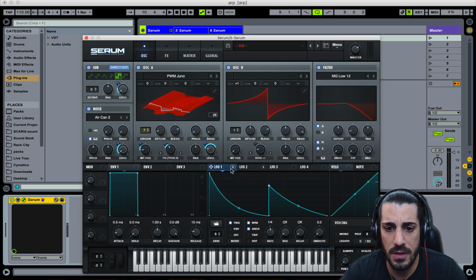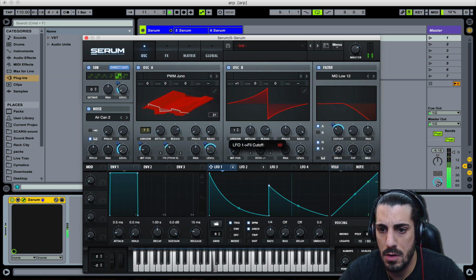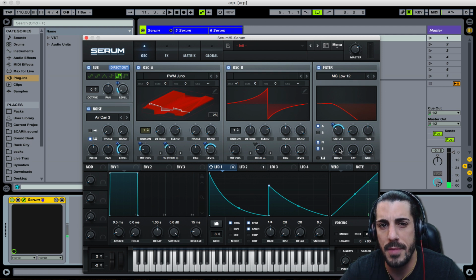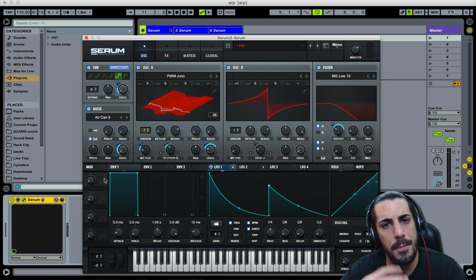And I want to put this shape on the cutoff, and I don't want it to go that way. So remember, it's Shift, Option, or Alt, and then click, and then it changes that. So we're going to want it to be like that. Let's see what that sounds like. Awesome. And if you remember in the little demo I did in the beginning, this went from a plucky type